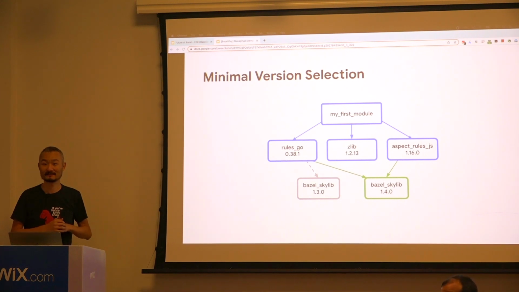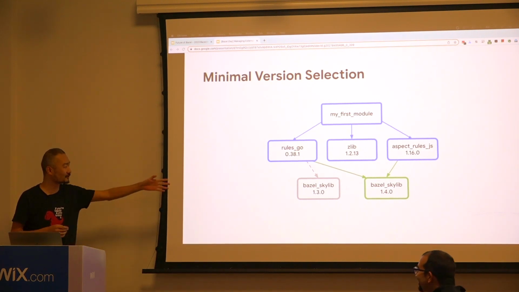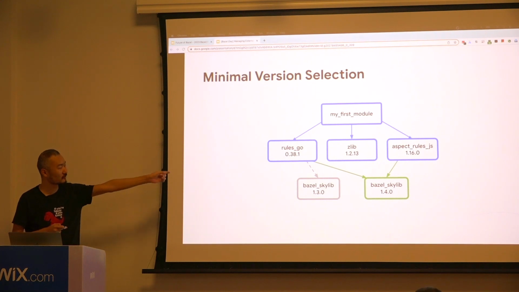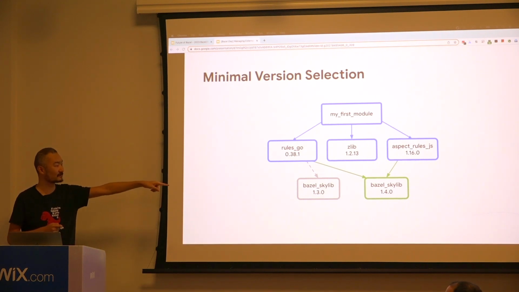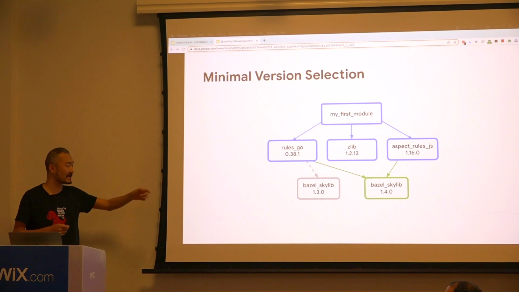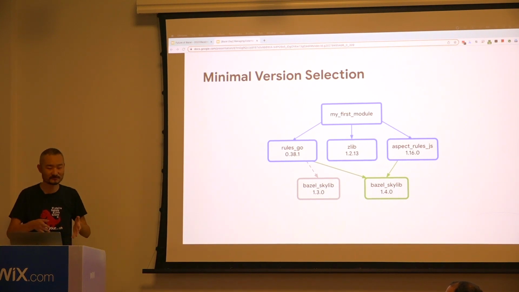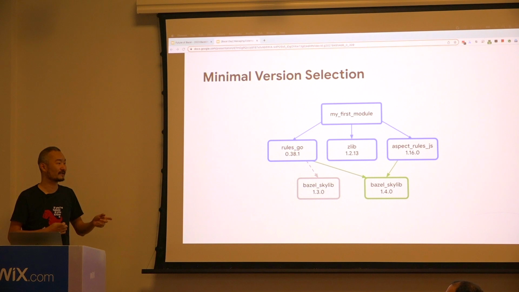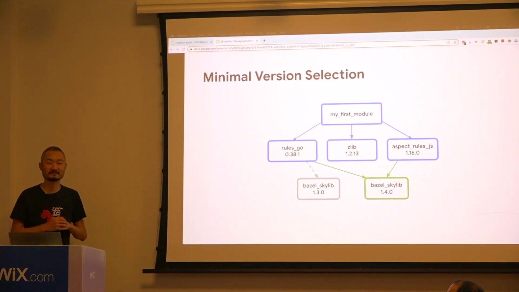Who ensures that if rules_scope was only tested with Skylib 1.3.0, that it also works with 1.4.0? So the question is, who ensures that rules_go also works with 1.4.0 of Bazel Skylib, given that it only asks for 1.3.0. So we do assume backwards compatibility. If you are not backwards compatible, you should up your major version number. And we have a field called compatibility level in the module metadata to say,